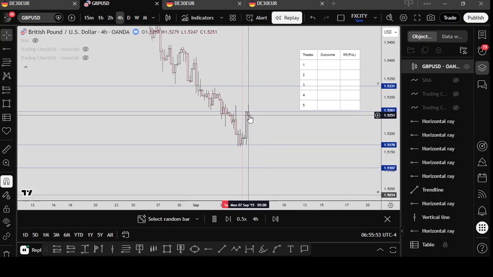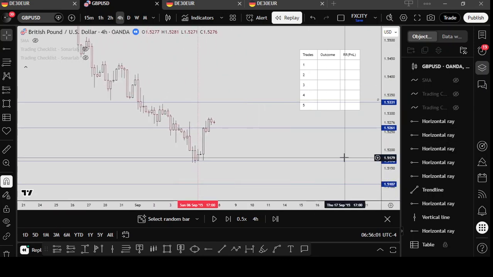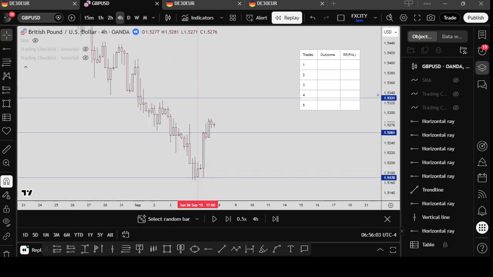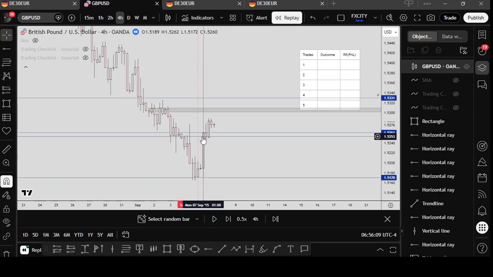The price is now hitting this level at peace. I'm looking for a potential sell option there for me. A sell option that I'm looking for is either an engulfing or a shooting star. So here you can see price hit this level, but then it gave us this particular candle here that looks